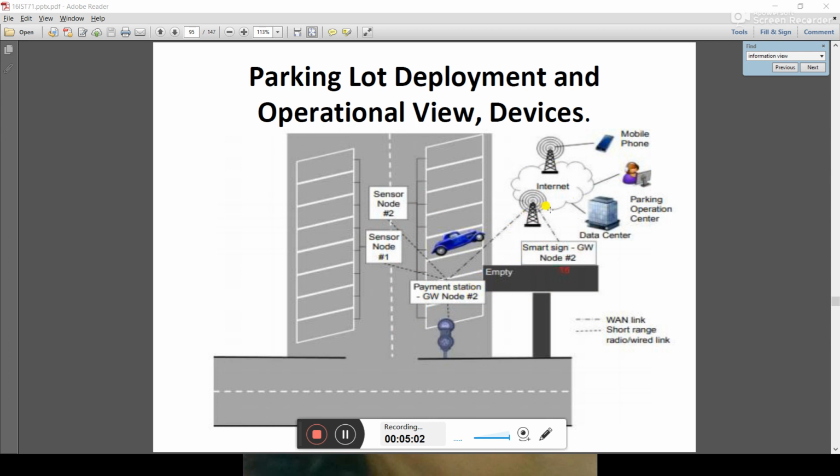Using this internet, the data center, the parking operation center and mobile phones are connected. By means of this, the data can be traced and checked by users, whether the occupancy is there or not, or they can pay online for the parking lot. So that's how a deployment view works.